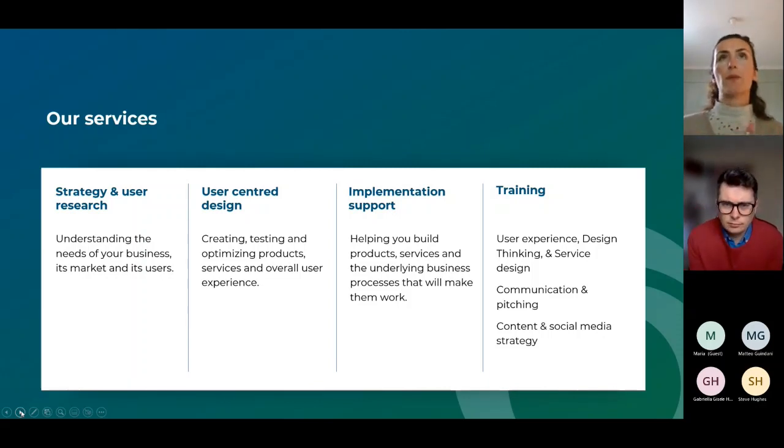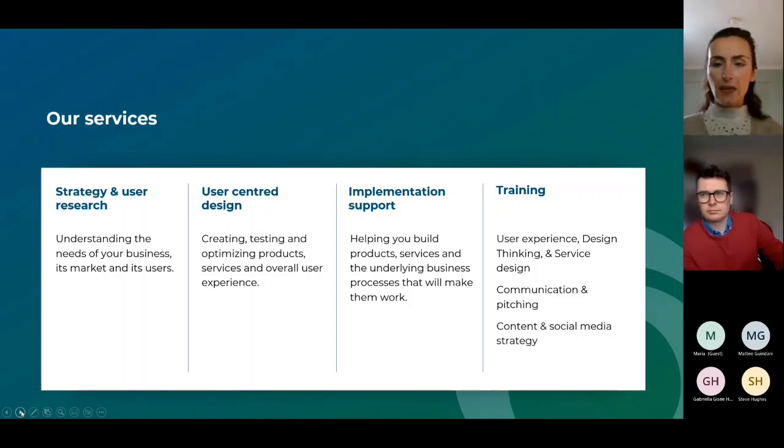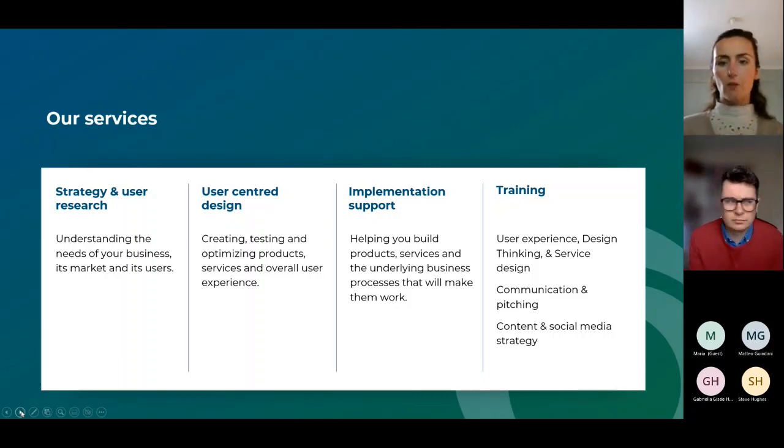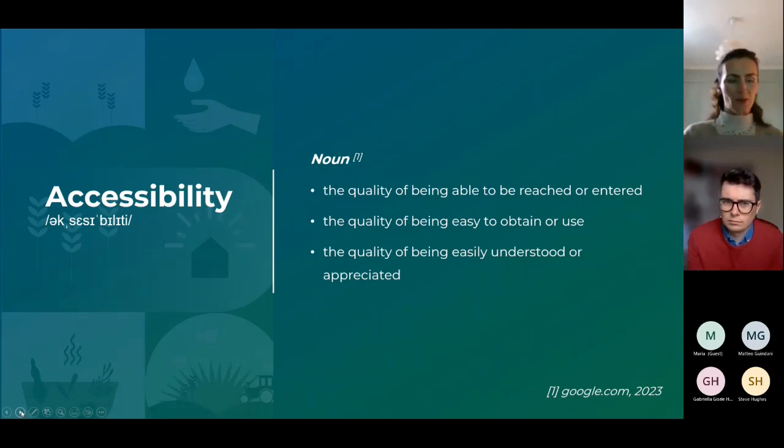We can also help with implementation support, so helping you build your products and all the underlying business processes that need to happen. And we also do a bit of training, just like today. We share our knowledge and experience on the topics of user experience, design thinking, comms, pitching, and content and marketing as well. So let's crack on with the topic of accessibility.